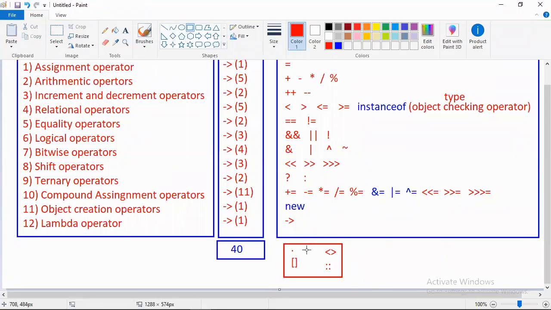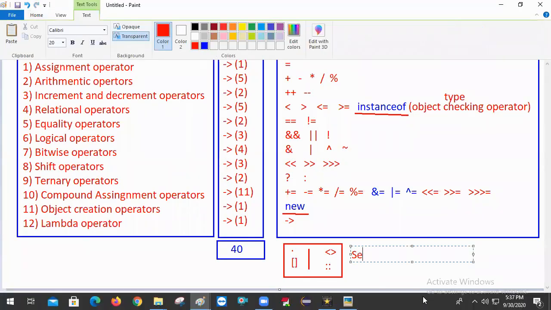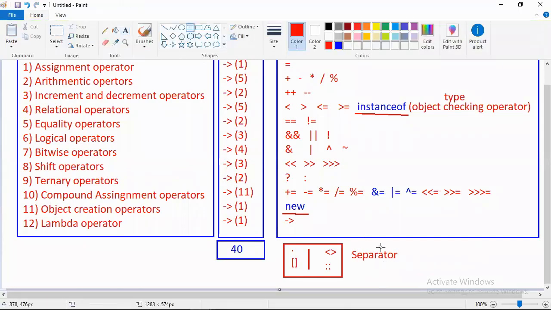Okay, then there may be a small confusion or fighting, right? So instanceof and new are given under keywords, but you consider them as operators. Same way, even though they are given under separators, we will consider them as operators, no problem. Okay, if you want to consider, no problem. But the confusion here is what? How many operators are there? If anybody asks, should I answer 40 or 44? That is my confusion.